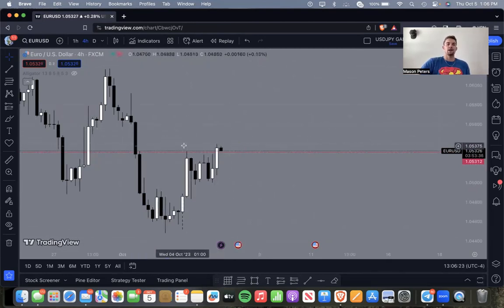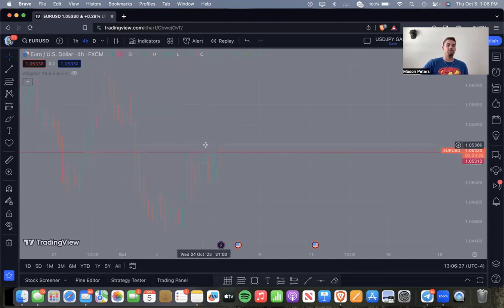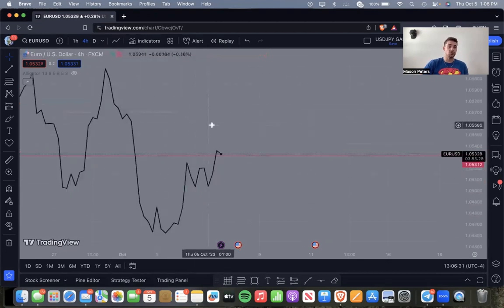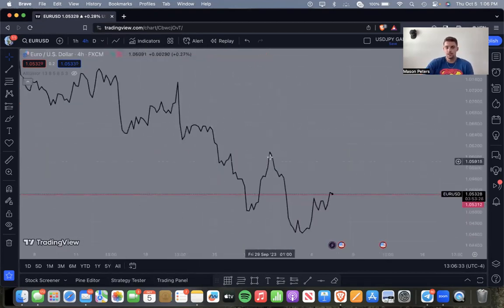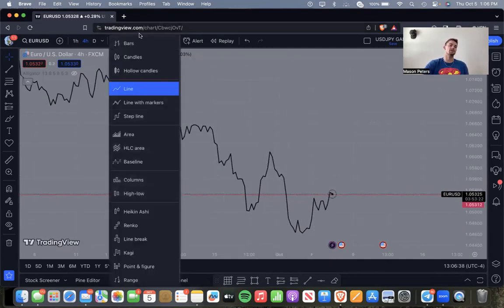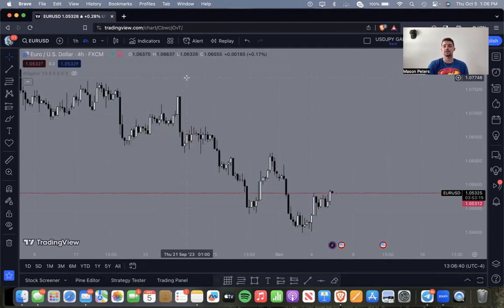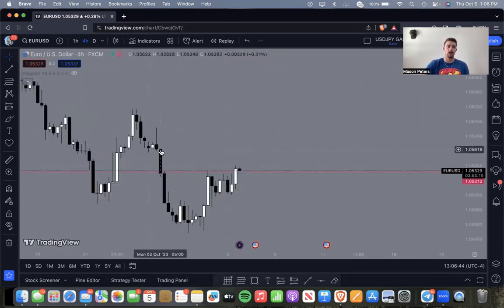So other than that, you have line charts, you have bars. You can analyze the bars. The line chart is no bars, it's just a line, so it's a little different. Everybody prefers to analyze differently. I always liked candlesticks. I understand candlesticks better with the body and the wick, and it's the best way to analyze price